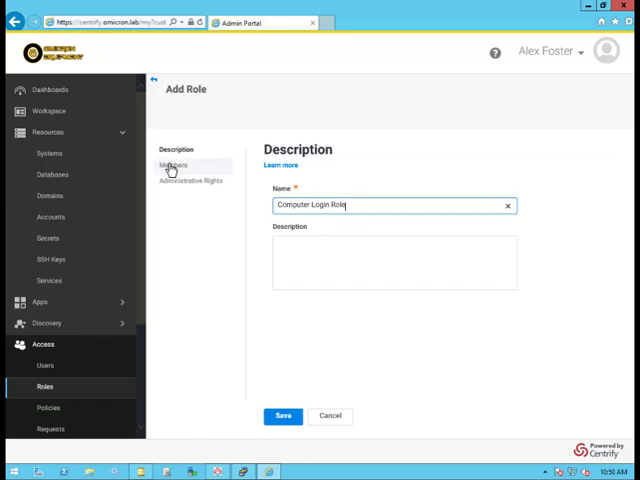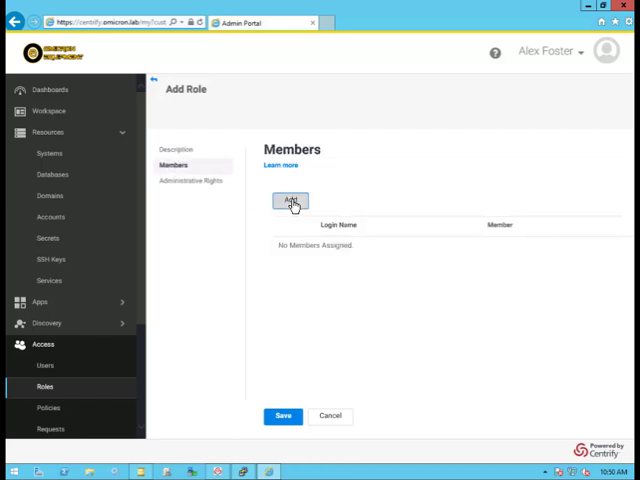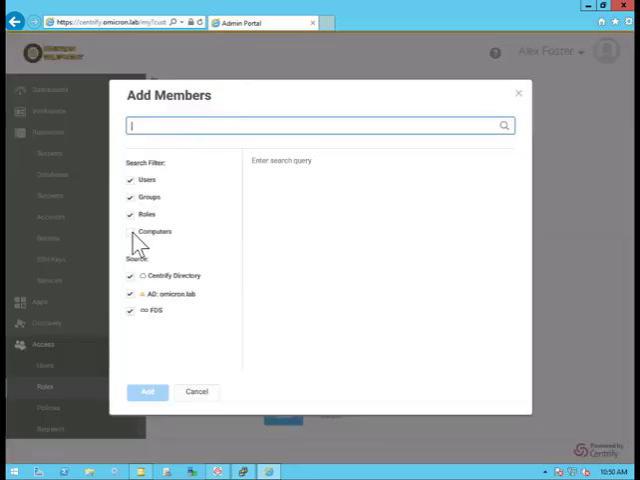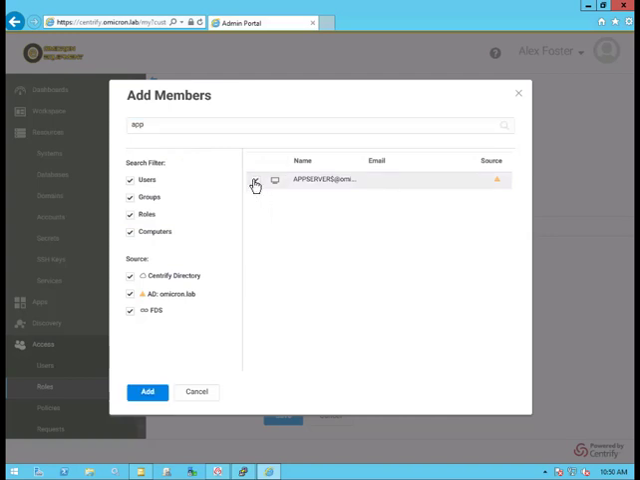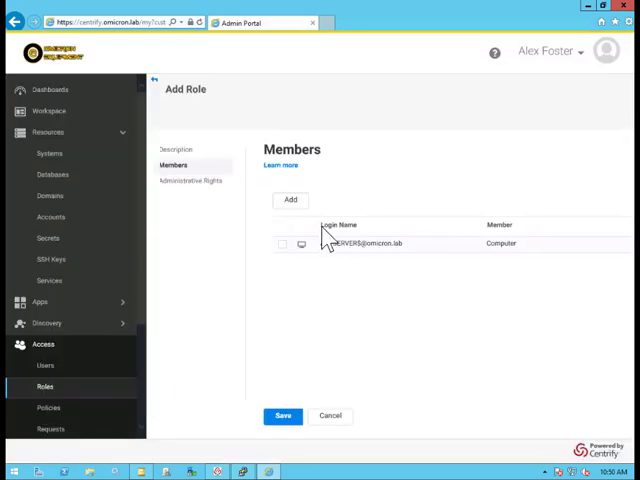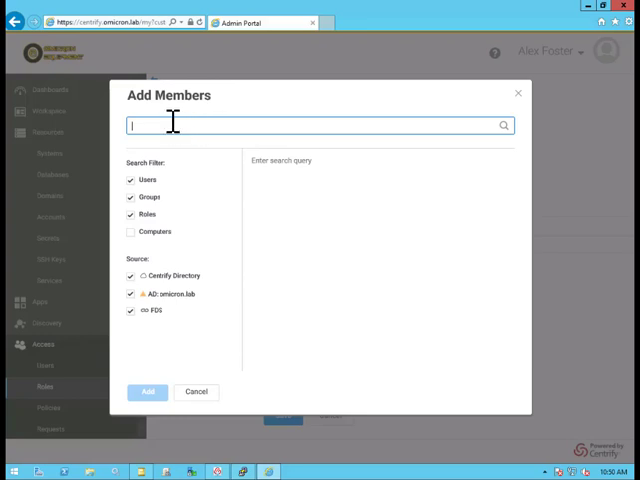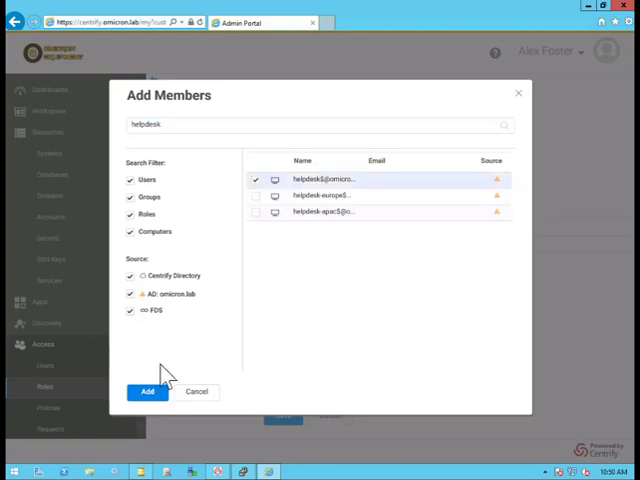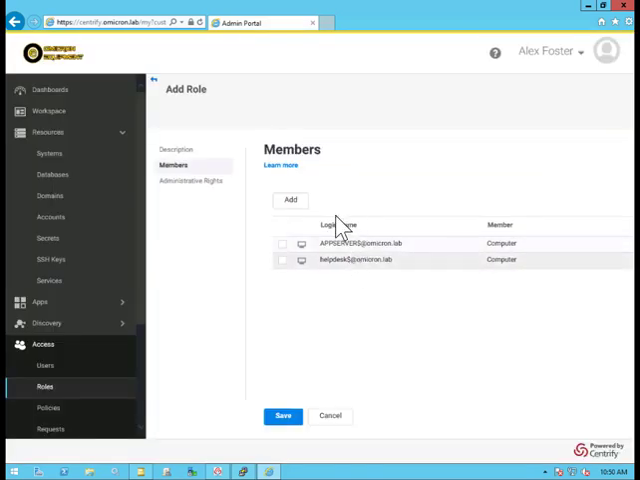And we're going to go over to Members. Now under Members, I'm going to add in computers. So I'm going to select the computer option in my search filter. We're going to apply it to the app server, which is a Windows-based server, and we're going to add the help desk server. So now I have my members added to this role, but we do need to make sure we add that